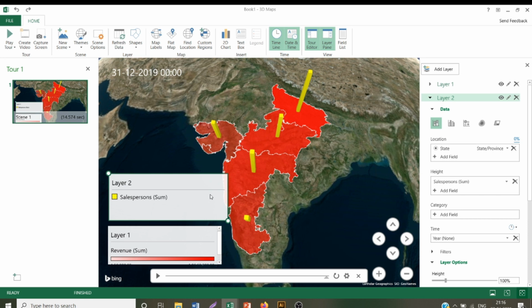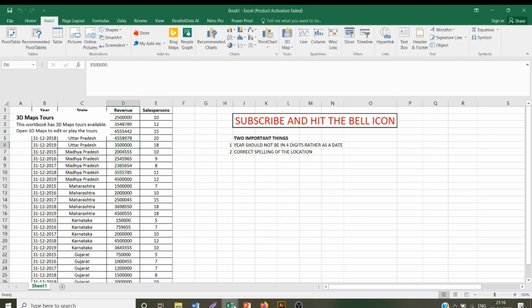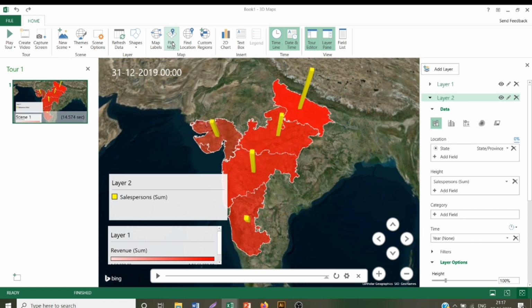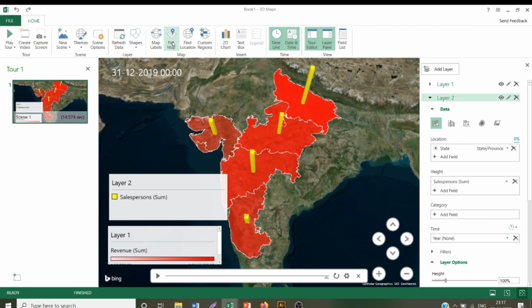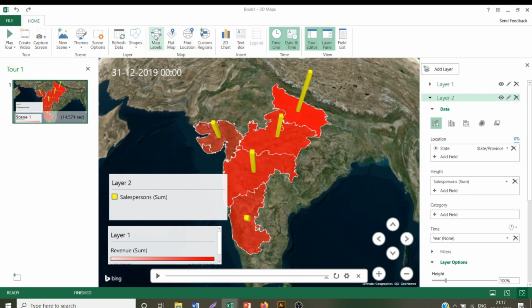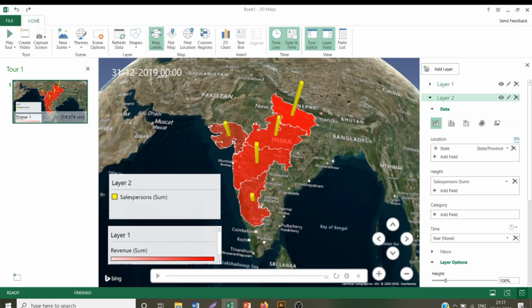And I close it. Now you can also edit and change the data in the table here by normally typing it out, and then you can go to the menu and click on refresh data. So the new data will again be refreshed in the present data set. I can also opt for a flat map like this and make it back to globe by clicking on it again. I can also use the map labels which will tell me the major cities and the names of the states, which is easier and recognizable.